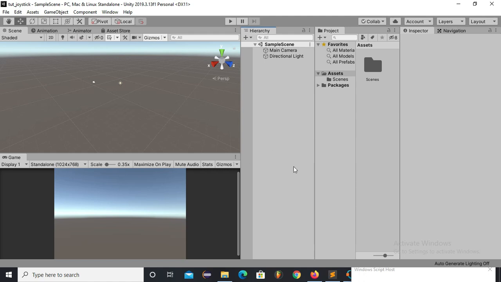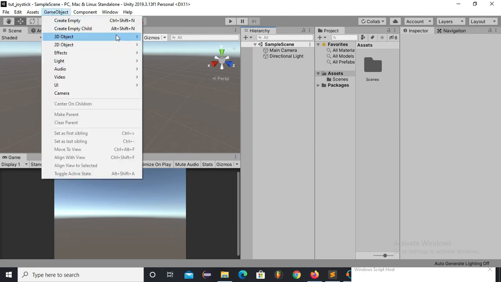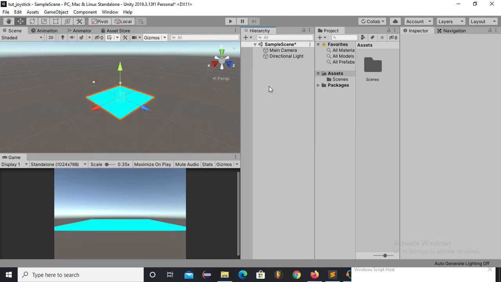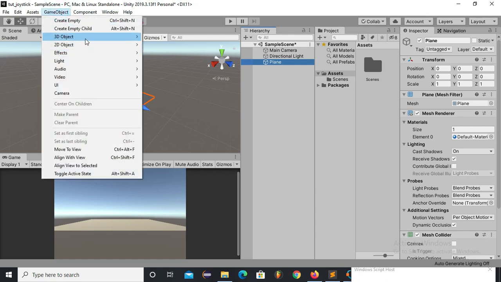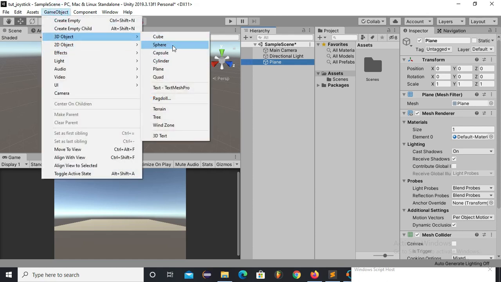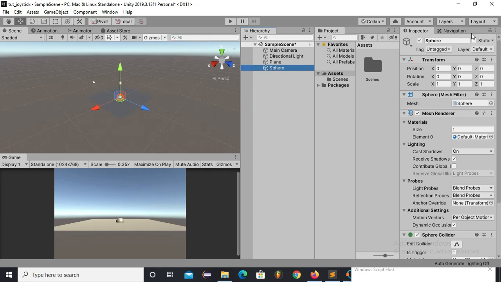So first of all, we will import a plane, and on this plane we will place our 3D game object, and here I'm using a sphere. Now I will add some materials.